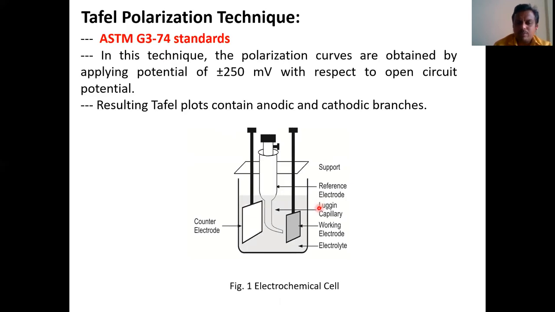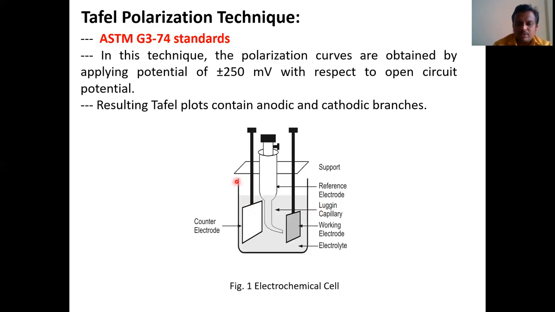So you have to take one beaker. In that beaker, pour 100 ml distilled water. In that 100 ml distilled water, add 3.5 grams of NaCl salt and stir it continuously. As it mixes properly, that is your 3.5 weight% NaCl solution. That is our corrosive medium for testing the sample.